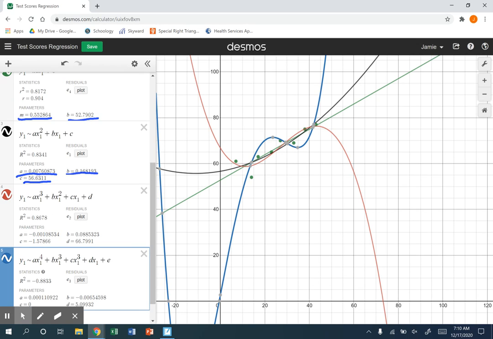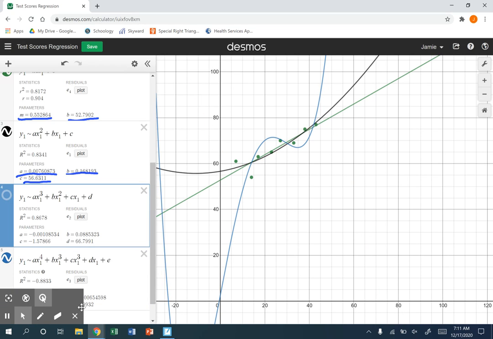Well, does it make sense that if we study 1 hour, we're going to be lower than if we study 0 hours? Like, the y-axis would be studying 0 hours, but then as we move right, we would expect a higher test score for studying more, right? So this red one, which is our cubic, it's not going to be that. And then we see